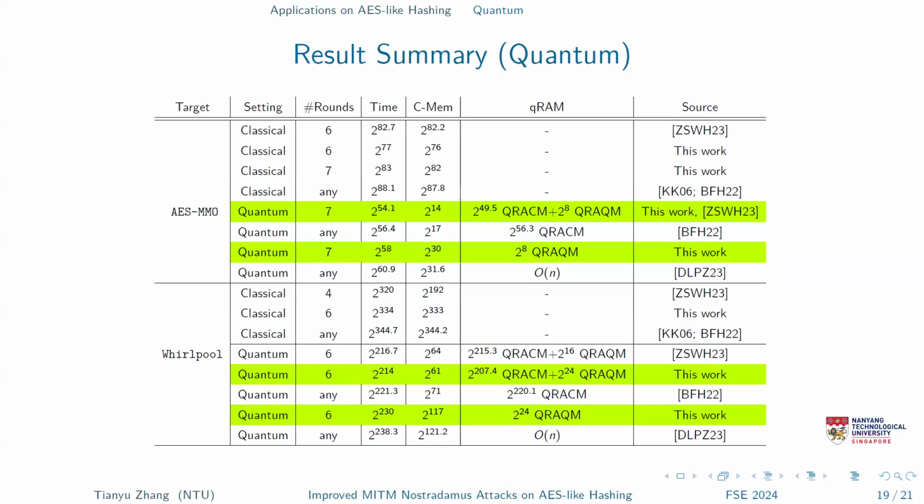Okay, so I don't see any other questions. I think we can thank the speaker and all the other speakers of the session. So thanks a lot. And now we have